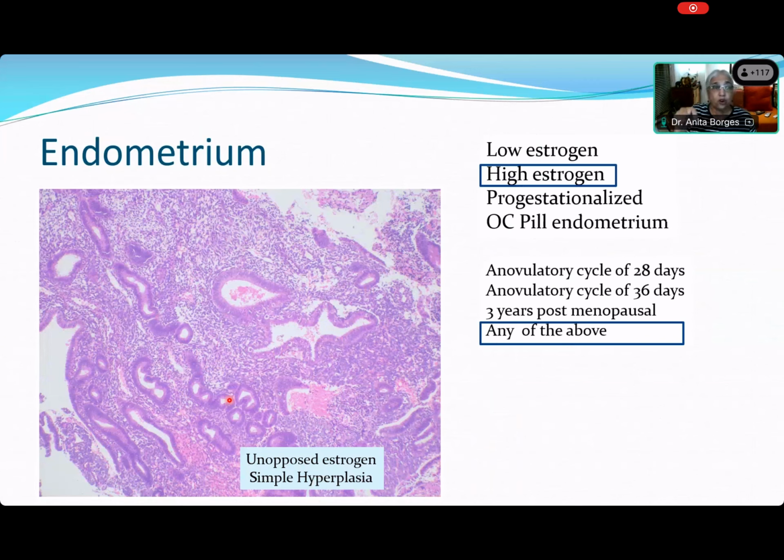Okay, so there can be endogenous or exogenous causes of post-menopausal high estrogen status. That means unopposed estrogen. And what are the endogenous causes? Obesity. Yes, there may also be, like you said in the beginning, an ovarian tumor. If there is an ovarian tumor, it could be producing estrogen, and the endometrium will look like this.